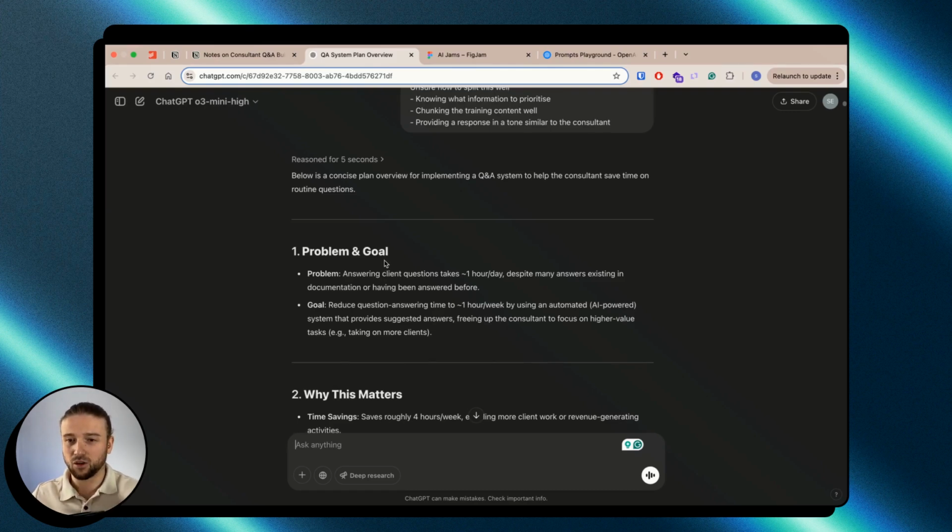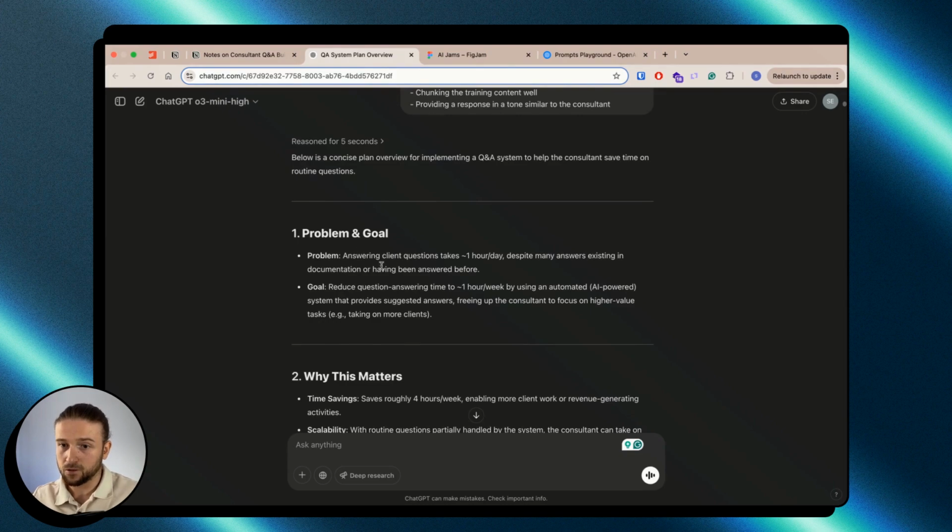What I'm looking for is bits that I might have missed. Like, what's not in my head? What do I need to research more here? AI is a really, really good thinking partner to bounce ideas against. This is why working in teams is really useful. AI can be that extra team member essentially. So it sets out